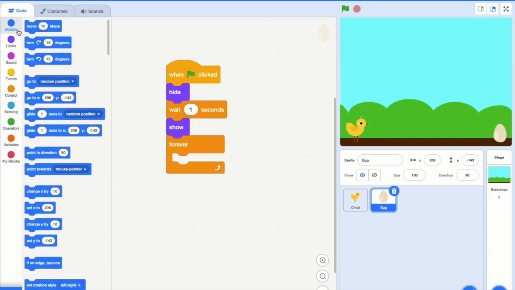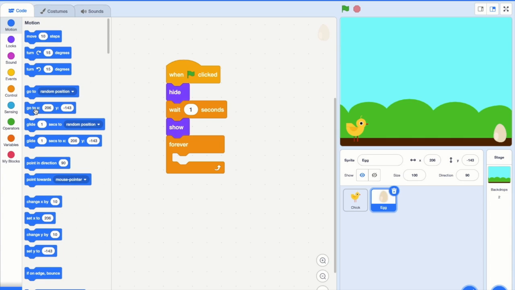Then go to motion, drag go to X and Y, drag it inside forever,